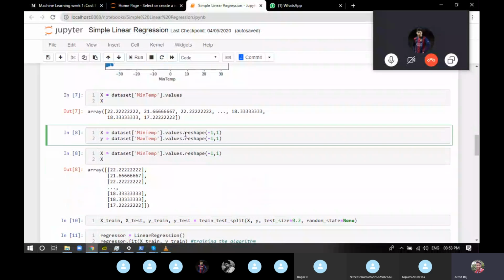Now there is one thing that we did, called reshape. I told you about what reshape is. Reshape takes the dataset and reshapes it the way you want, like what number of rows and columns you want. Now you can see there's one thing I have never shown you, which is reshape of -1, 1. We do not exactly need it, but one thing about machine learning models, or any of the sklearn library models, is that they accept the data in a particular format. You cannot just provide any kind of data.